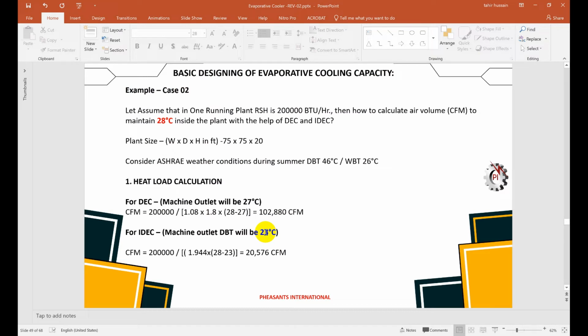Here the client wants the same case study, but the client wants to maintain inside temperature at 28 degrees centigrade. So the same calculations we will do: dry bulb, ambient temperature, wet bulb. Here, if we use the DEC system only, we are getting the airflow 102,880 CFM. But if we use the IDEC system and our outlet temperature is 23, we just need 20,576 CFM. Here is the huge difference, how much we are saving the energy and how much we are saving